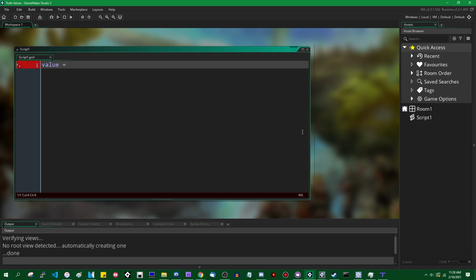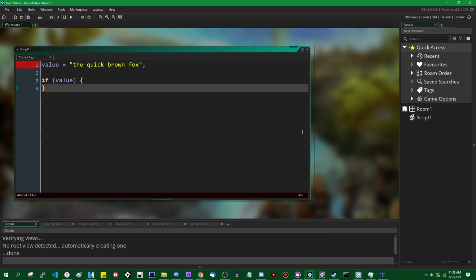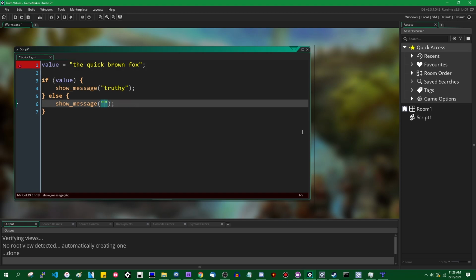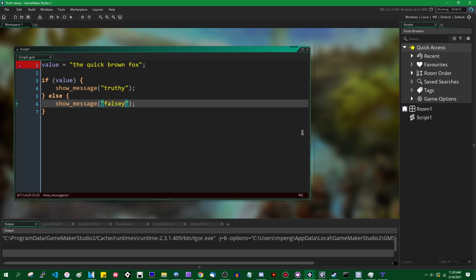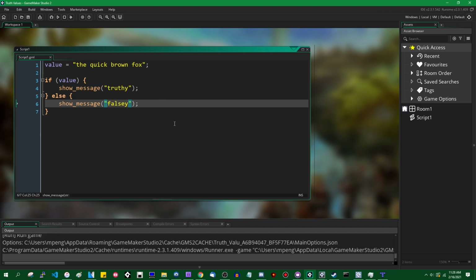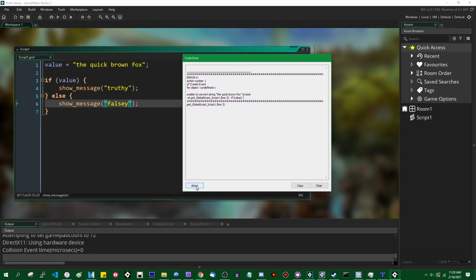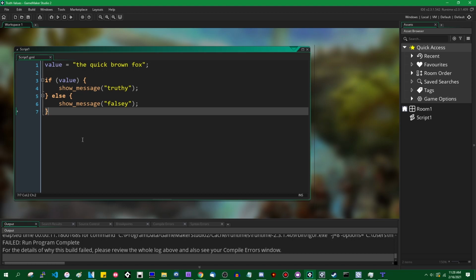So if you have just a regular string, whatever I had in the initial recording, and you try to get a truth value out of it, let me just type this out. This isn't gonna work because as we saw in the video just a minute ago, strings do not have truth values, and this is gonna cause the game to break. Okay, that's what I talked about. That's fine. However,